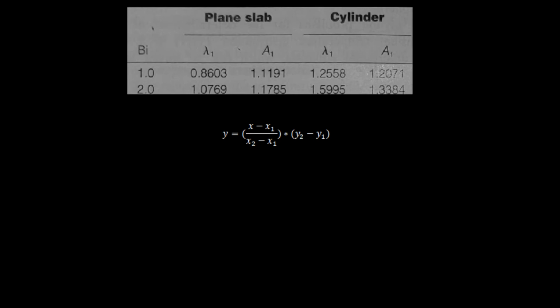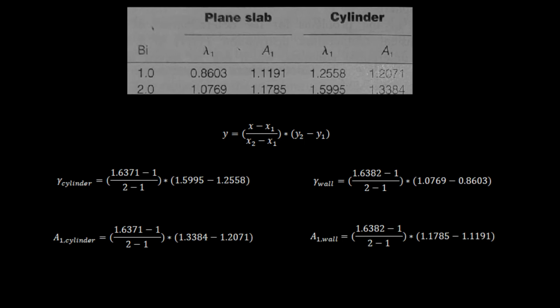have to find the Bi number of a plane wall using this equation, with the characteristic length being half the height. Since the chart we have doesn't have values for our Bi numbers, we have to interpolate using this formula, where x is the Bi number, x1 is the given Bi value on the graph that is lower than the one we found, x2 is the given Bi value that is higher than the one we found, y1 is the lambda or A1 value that corresponds to the x1, and y2 is the lambda or A1 value that corresponds to the x2. Plugging all that in, we get the lambda and A1 for a cylinder and the lambda and A1